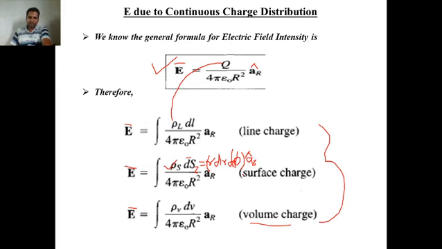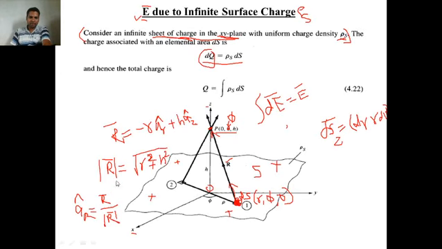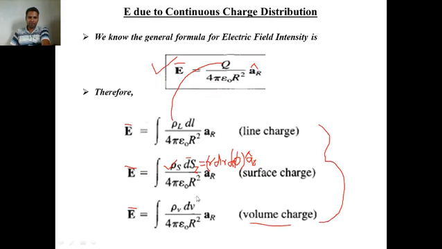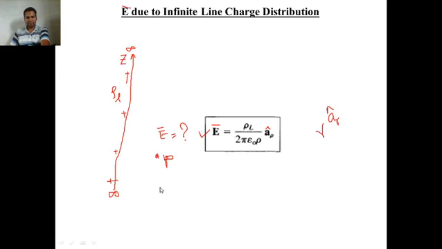So why did we do these calculations for R bar, its magnitude and its unit vector? Because we wanted to use this particular formula. Rho s is given, dS z bar we will replace by this formula, 4 pi epsilon 0 is constant. The magnitude of r bar and the unit vector we calculated a few minutes before. So all these three things are replaced here, and we will go on solving this integration.